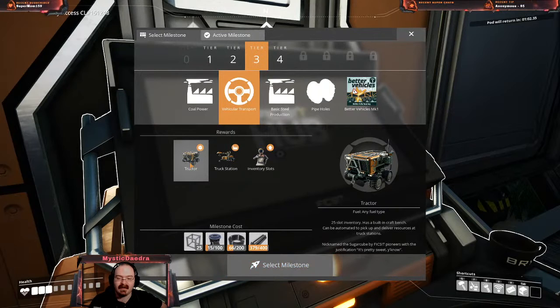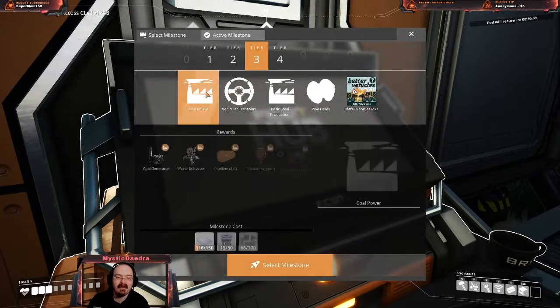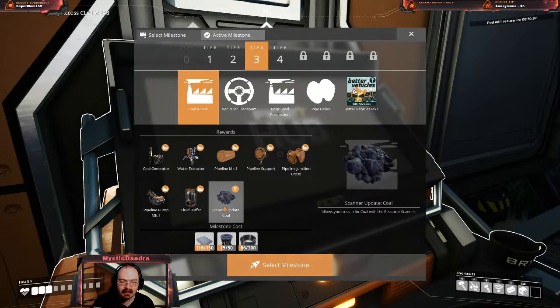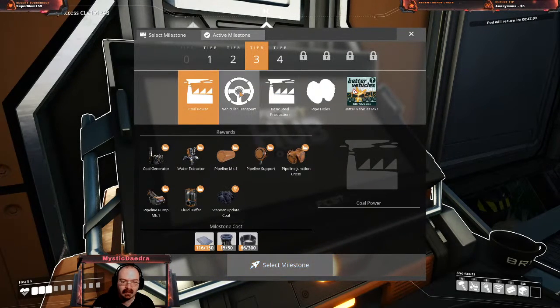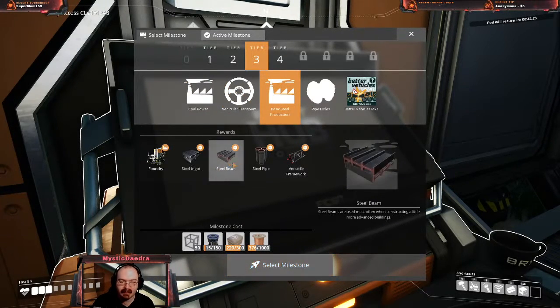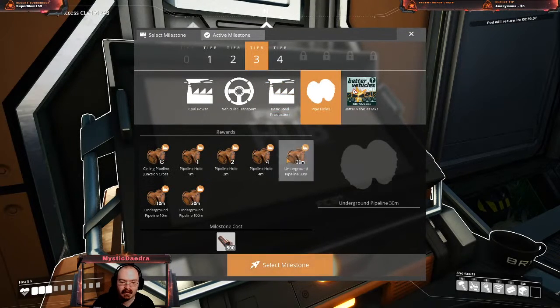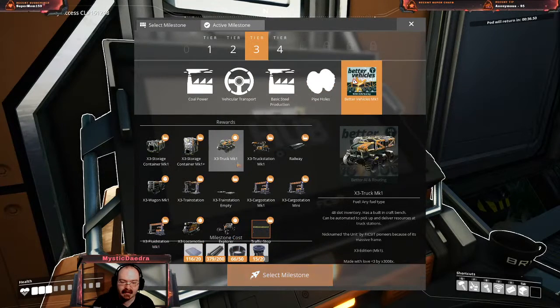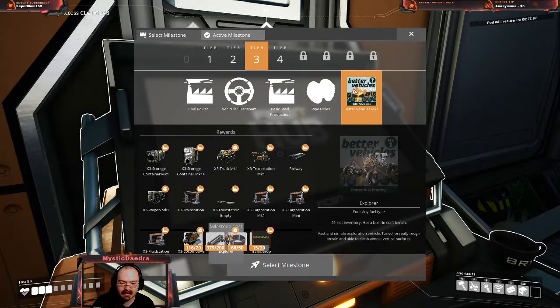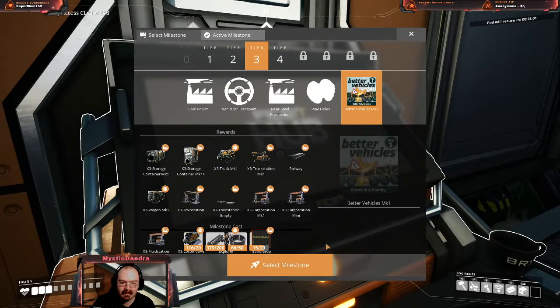Yeah, now these are really slow. Water extractor, I think that's for... Oh, just bodies of water. Coal generator, coal. Foundry, nice. So we can start making steel. And better vehicles. Aha! Okay, and so this will let us build trains. And the material cost is...